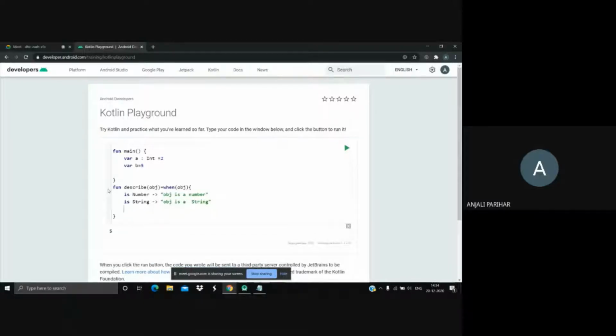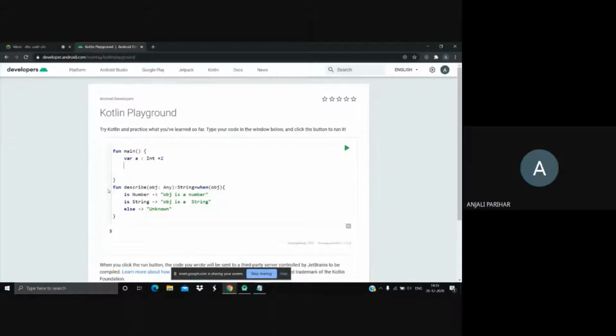one thing to keep in mind here is, whatever conditions you need to check in the when block, you must have an else statement here. And if it is not known, just return unknown. Okay. And since I'm returning something, and what I'm returning is a string type, I need to mention here what type the object is. Since I don't know what type object is, I'll be telling here it is Any.